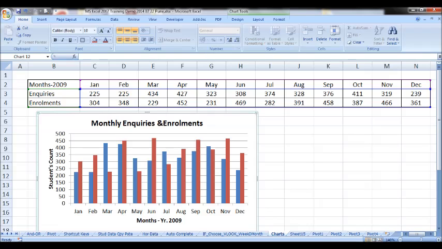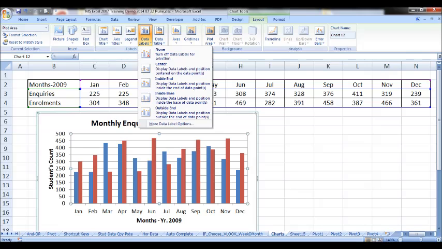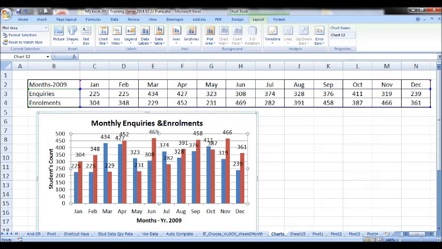If you want to really know the precise number for each vertical column, then that is also possible. Select the graph, go to layout and click on data labels. This will give you options for where you want to have them. Since I want to have them at the top, that is outside end, I will select outside end.